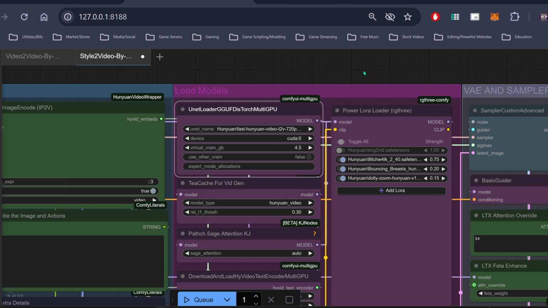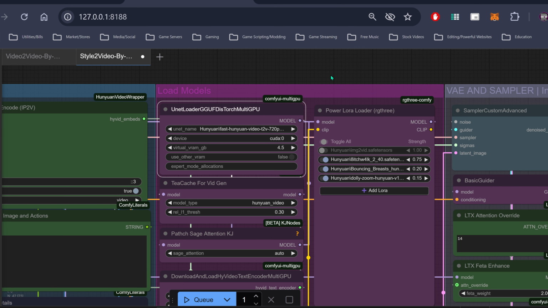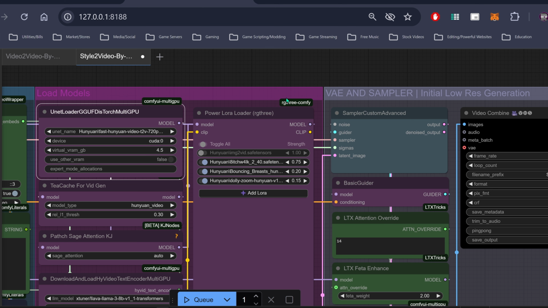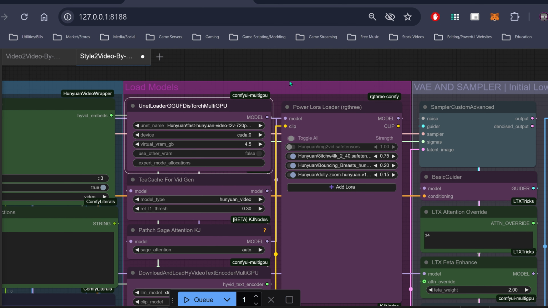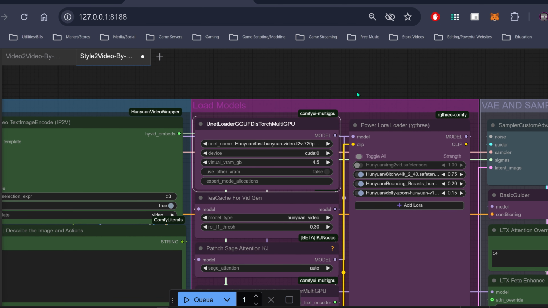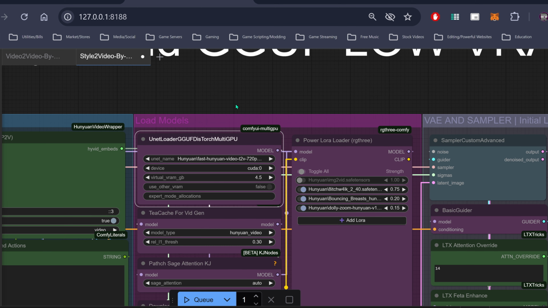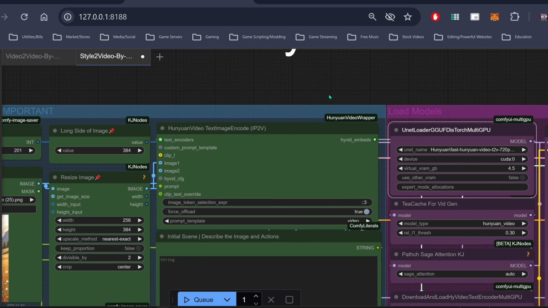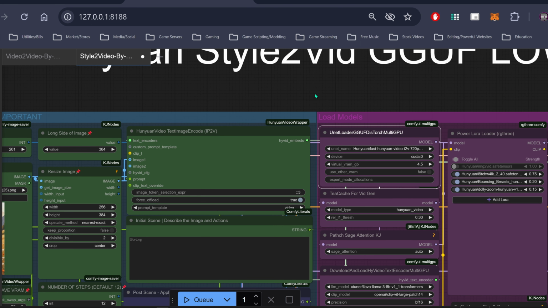So it's saving your VRAM to do some of the harder tasks when it comes to inferencing, decoding, and encoding. All that stuff can be handled by your video card instead of a lot of the model being loaded onto your video card all at once. So this helps. If you've got enough RAM in your system, practically anybody could probably use this. And I'll show you just how much RAM it saves, because it's not using near as much